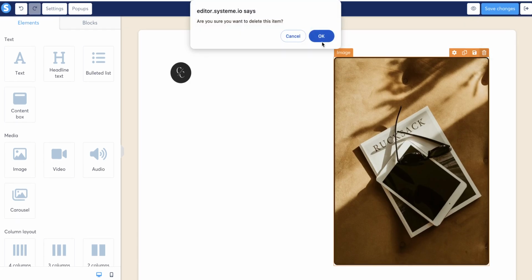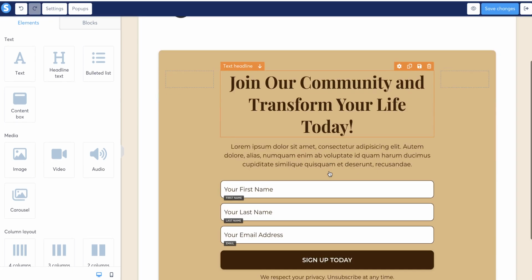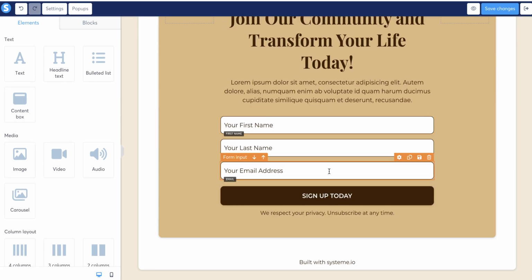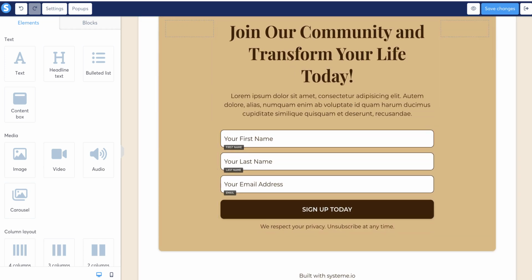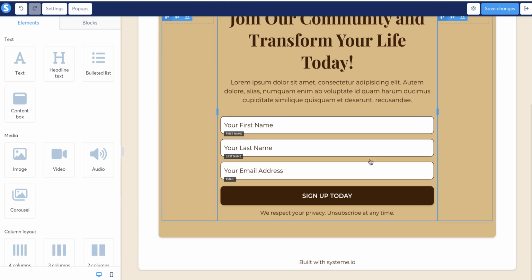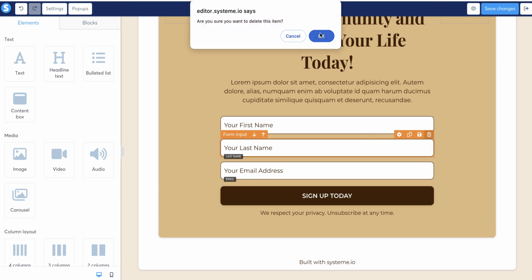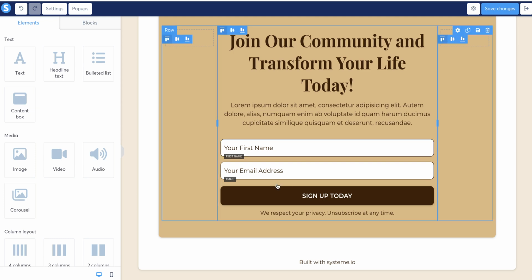So I'm going to delete this. And now we have just a very simple squeeze page right here. All right, so I've deleted all the extra. This is all I want my squeeze page to be, okay? Now we can take out the little last name portion if we want and just do first name and email